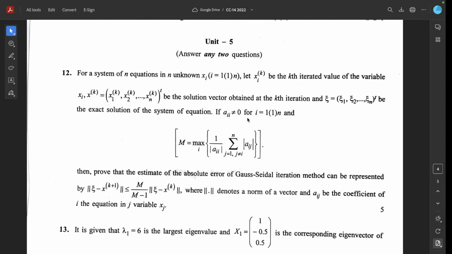If aii not equal to 0 for i equal to 1 to n with increment 1, and